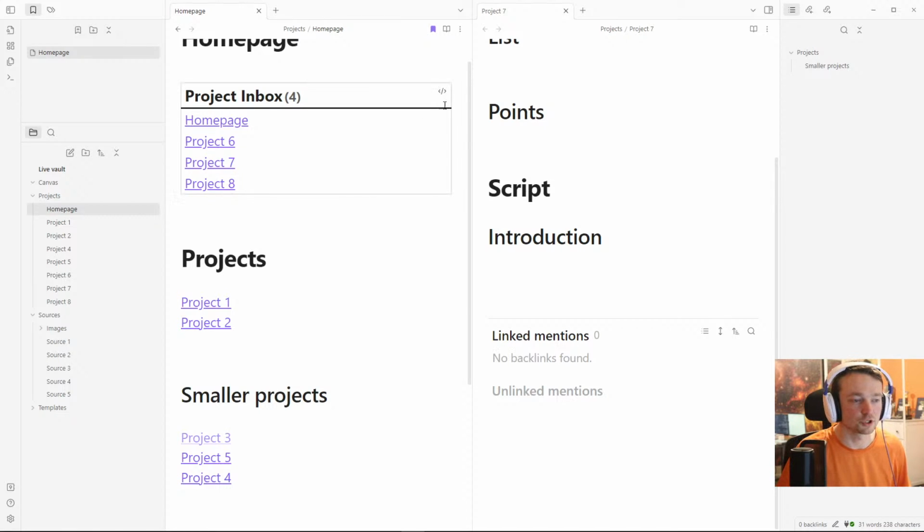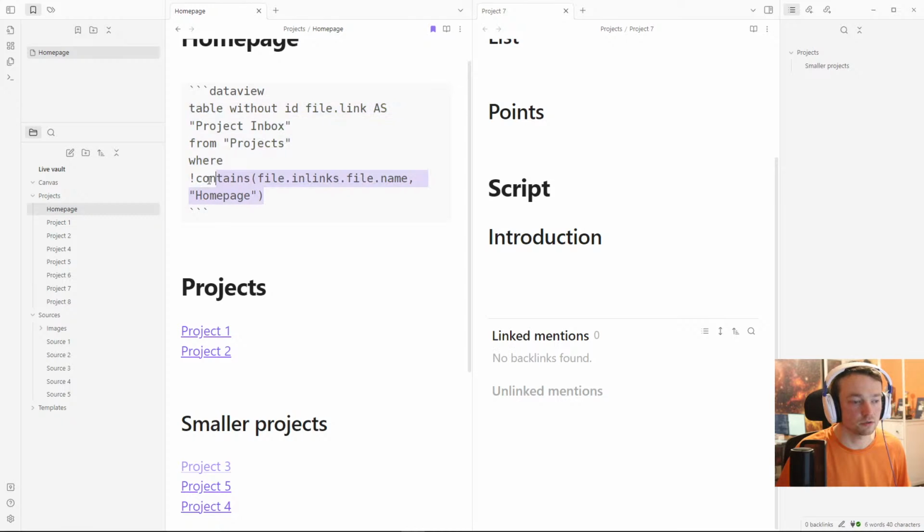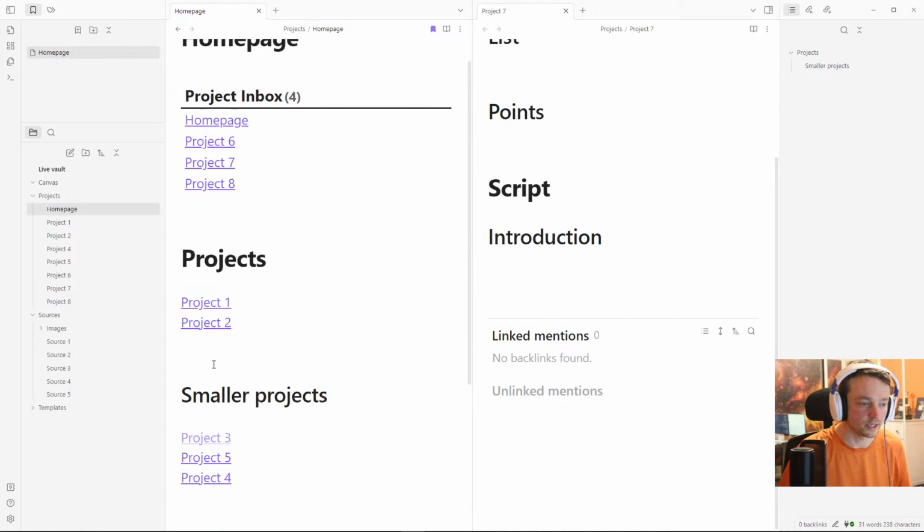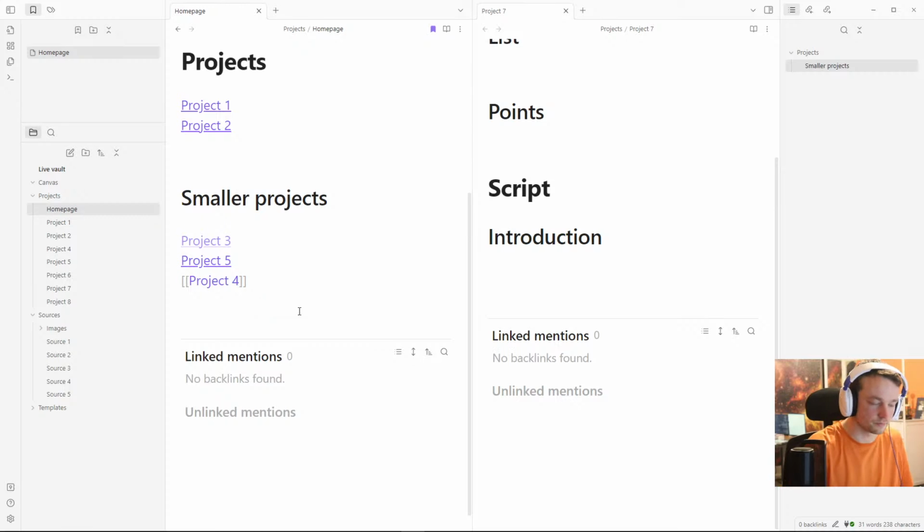But yeah, because inside of standard Obsidian, I don't think you can add this at all. If you can, let me know, but I don't think you can query file and links. So now when I come into